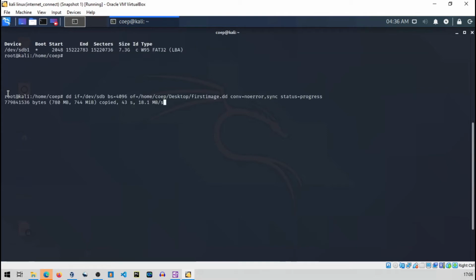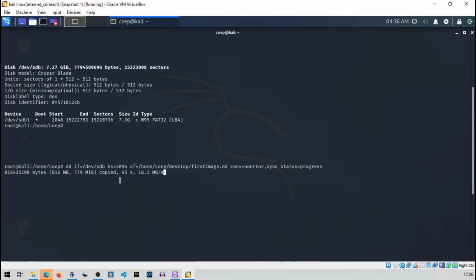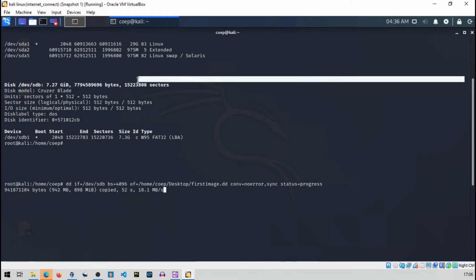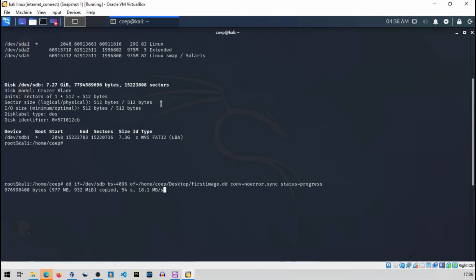Basically, while this is running, I will tell you something important. Let's say your pen drive is not detected in VirtualBox. What you can do is create one partition. See, you have 29 GB, so you might have 30 GB, 40 GB, whichever size main primary partition you have. Then just create another partition, let's say of 9 GB.